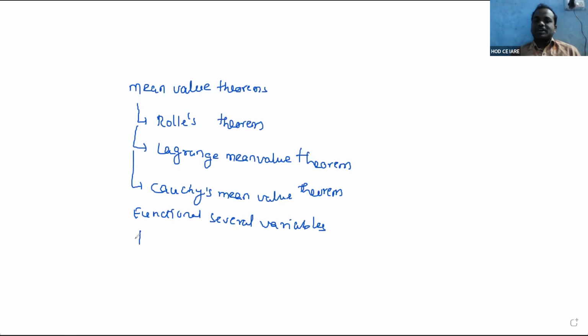In this you learn partial differentiation,